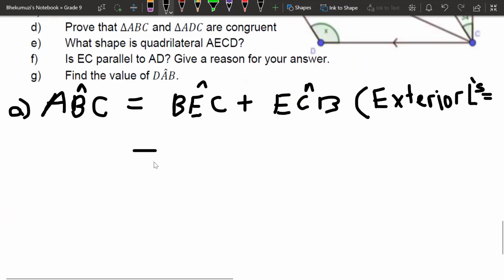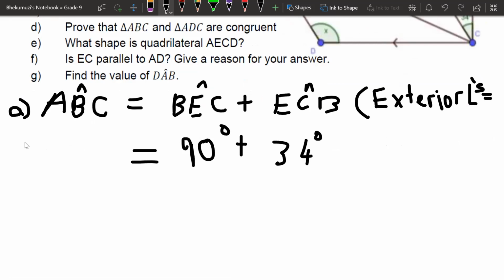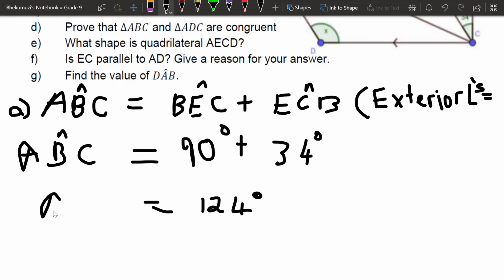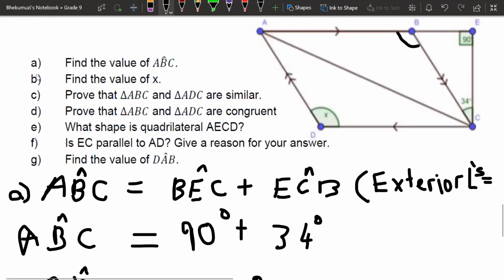The angle ABC, basically, then you say it's 90 degrees plus 34 degrees, and you would find that ABC is equal to 124 degrees. This is ABC. Okay, so that's how you'd find the first one. Okay, and then B